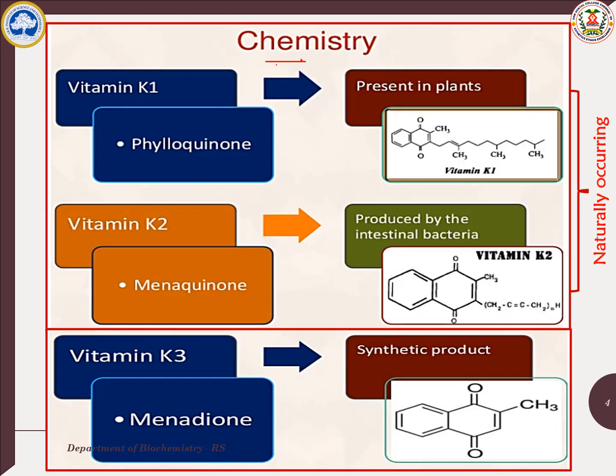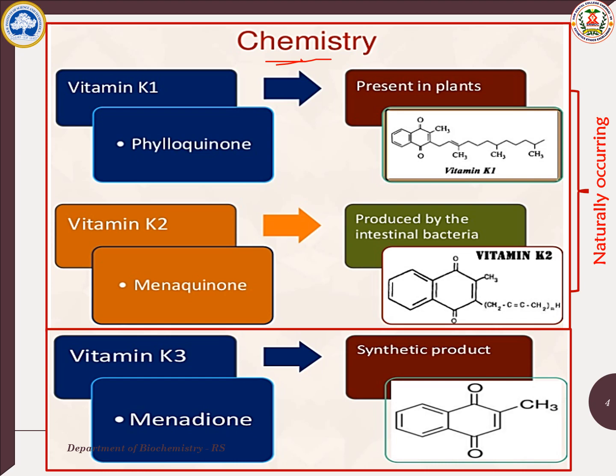This slide again shows you the structure and the presence of vitamin K. Vitamin K1 is called phylloquinone, which is present in the plant cell. The phylloquinone has a 20 carbon side chain, which is vitamin K1. Vitamin K2 is menaquinone, which is present in the intestinal bacteria, and has a 30 carbon structure as